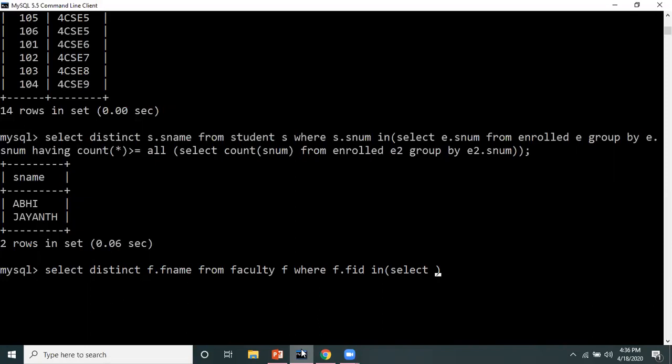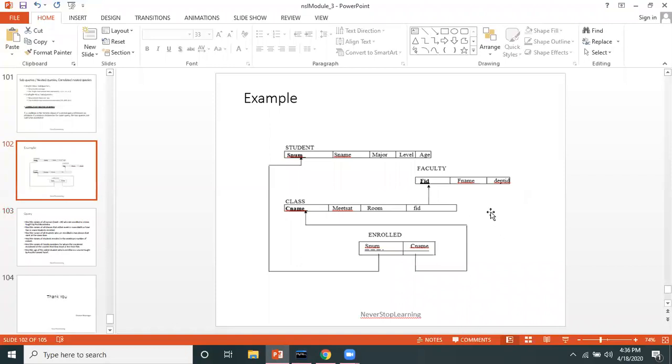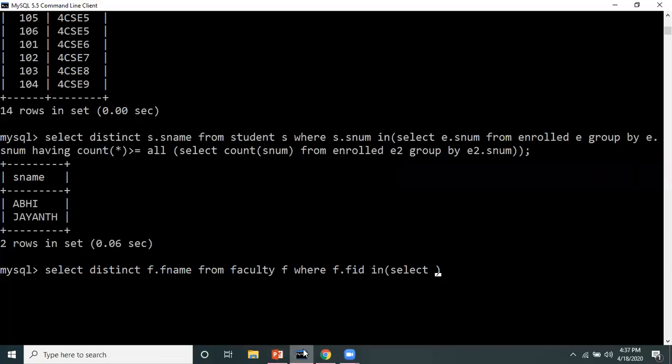Now faculty table is not directly related with enrolled, if we remember. Yes, faculty table is related with class, and then class is related with enrolled. So we have to use class in between. So select C dot FID is equal to, select C dot FID.